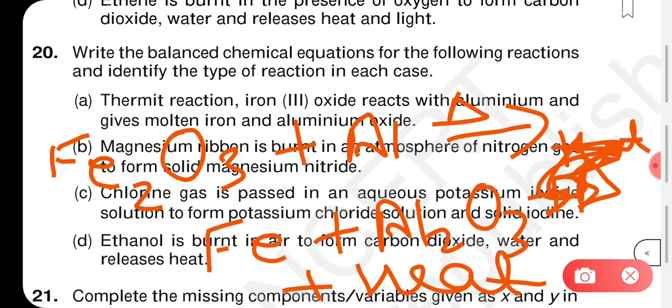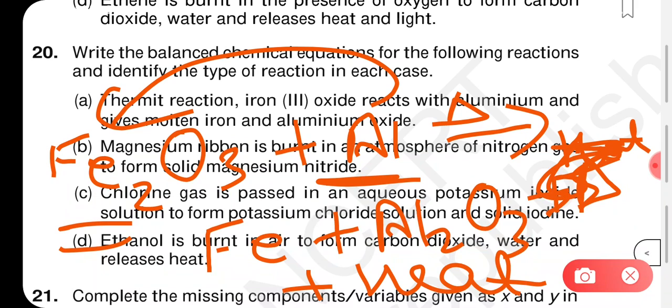Fine. So now try to check out what type of reaction it is. If you see here, Fe2O3 is reacting with aluminium, Fe is there and aluminium is going along with O3, right? So it means that aluminium is actually displacing this iron. Because aluminium is displacing iron and taking its place, it is forming aluminium oxide. So we can call this a displacement reaction. It is not a double displacement reaction, because it is not happening with both the reactants. It is just one reactant displacing the other one. Okay, and this iron is now formed in the molten state.